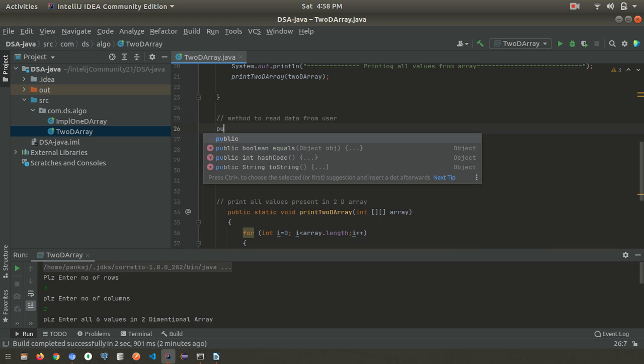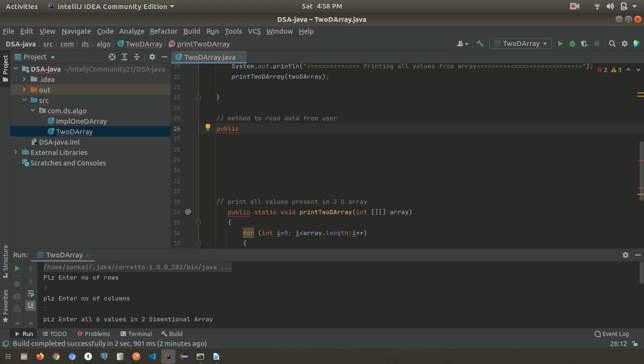and this method is public static, and we need to return an integer two-dimensional array, and the name of the method. So read user data in 2D array.